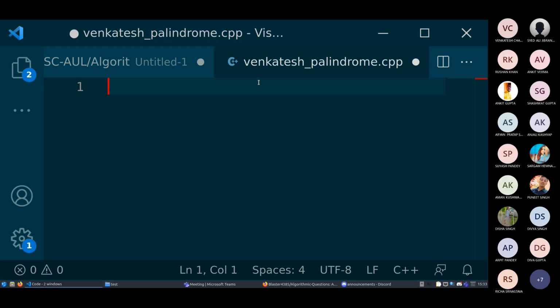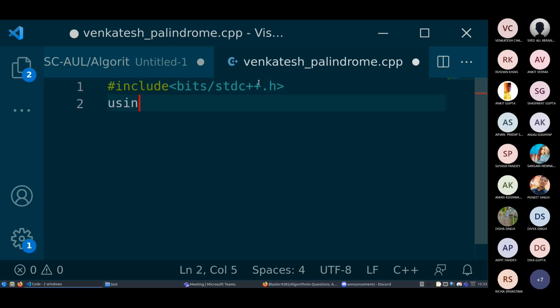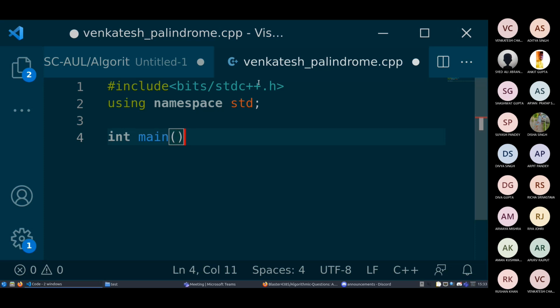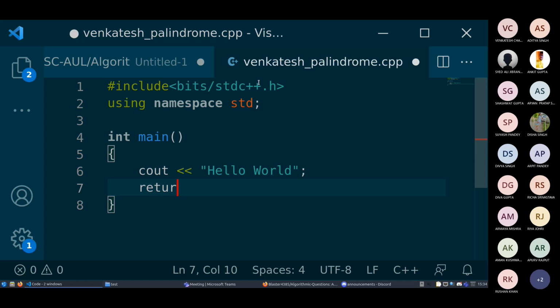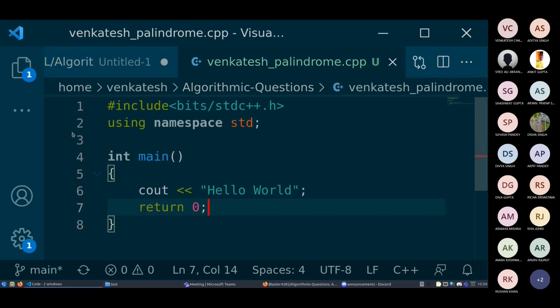If we go to write the full program, it will take a lot of time. Very basic hello world program I'm writing. So see, I've written this program. I know it works.